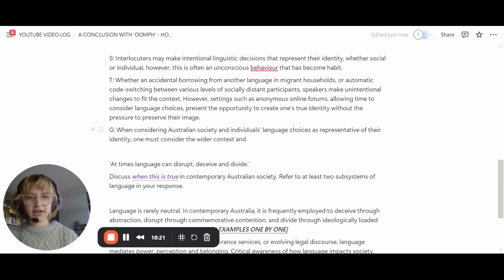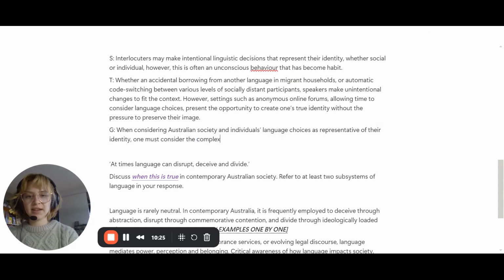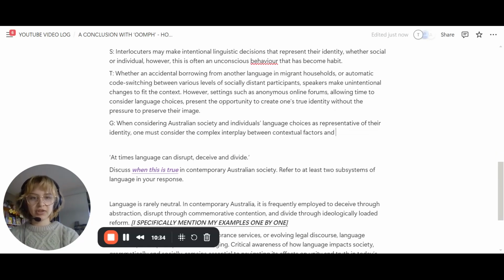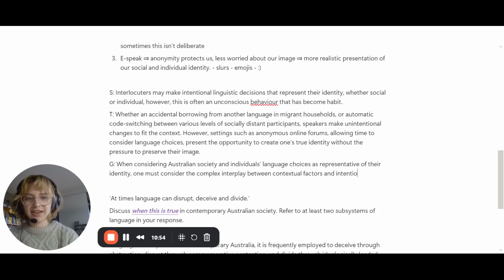And actually, representative identity must consider the complex interplay between contextual factors and representative identity. We get contextual factors, whether it's conscious or not, and intentionality. So this is a very, very broad